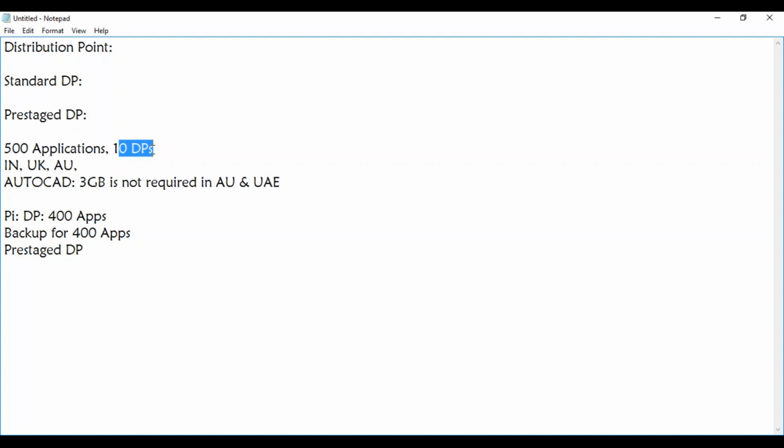To avoid that, the first step is, instead of selecting 400 applications for all the individual DPs, you can add this DP to a DP group. Suppose for each country you have a DP group, and Pittsburgh is in the US, so you have a US DP group, and the US DP group already has 400 apps targeted to it. Now you'll add Pittsburgh DP to the US DP group. The moment you add it, it will understand that it has to send 400 apps to this DP. But even before adding it to a DP group, what you'll do is